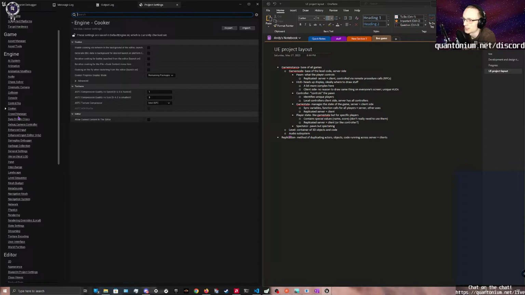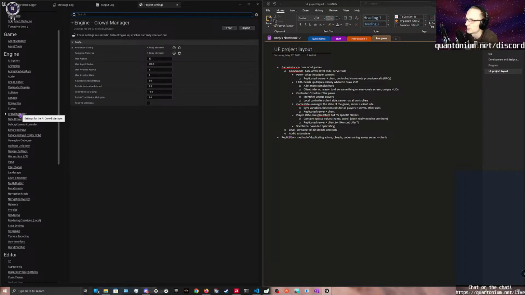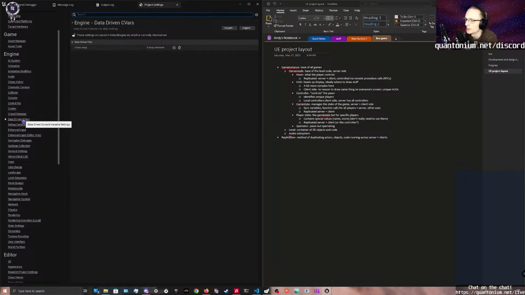To make it compressed, to make it load faster, stuff like that. To make it work sometimes, depending on which sort of graphics settings you're using. We'll just keep the default. I don't think there's anything super important to do with compression. Crowd manager, we're not going to be doing any crowds. CVARs,